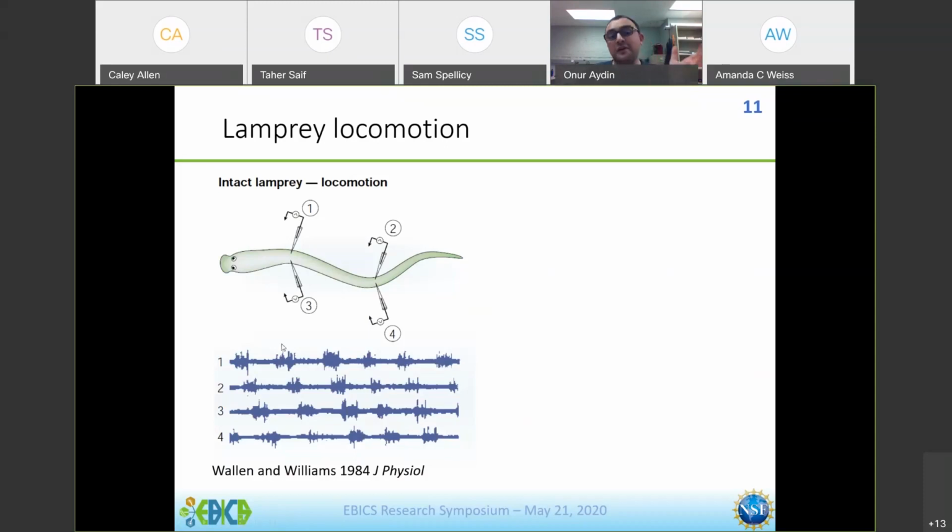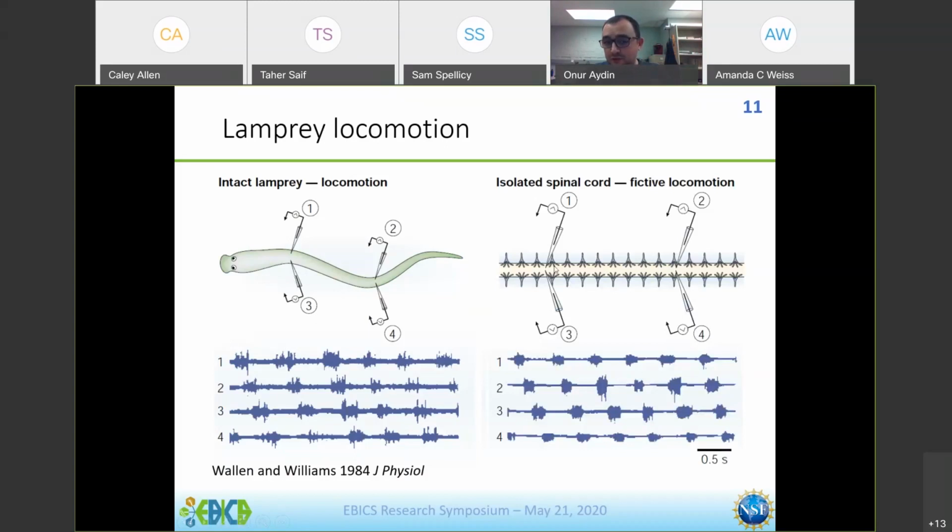Now here's the really cool thing. What they did then is they excised the spinal cord and cultured it on a petri dish, in vitro or ex vivo. So if you isolate the spinal cord, culture it in vitro, and then do electrophysiological recordings from the segments of the spinal cord that correspond to the muscles that were measured here, you get pretty much the same activity. And this activity is in response to a global stimulation with glutamate, just adding glutamate in bath to the